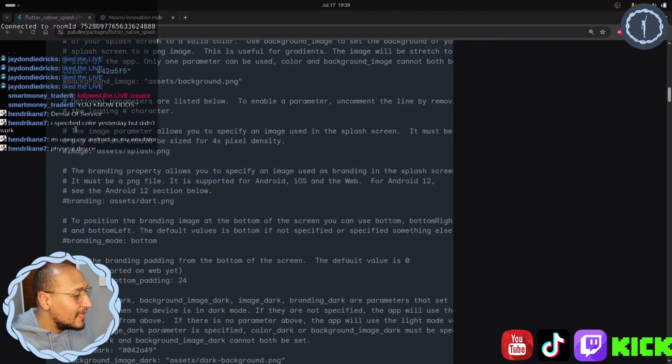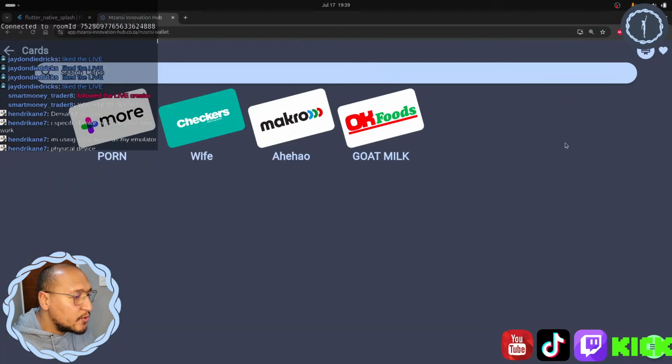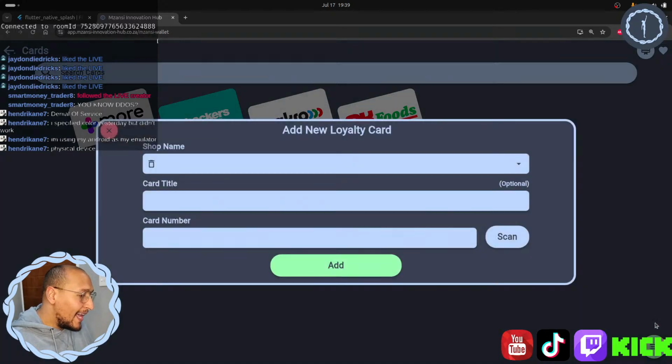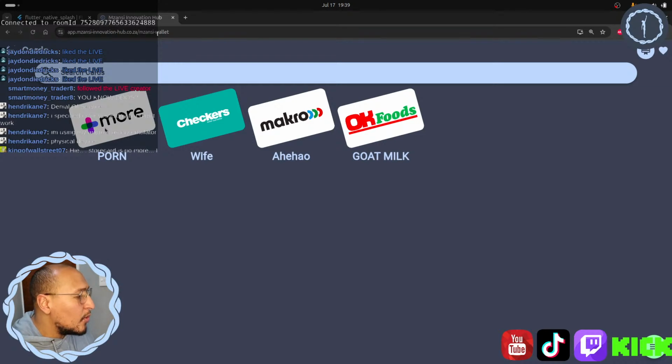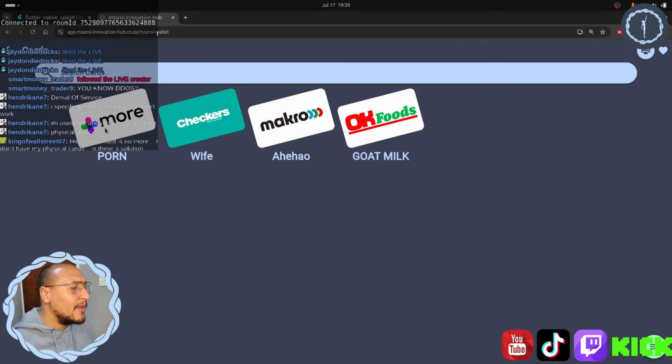Is Store Card not even opening up for you anymore? What a bad end of life service to you. I'm not sure how to help because there's no way to import cards other than to manually click on the menu button and click on add cards, right? That's the only way that you can do it with MIH at the moment. But I'm hearing your cries and we'll try and figure it out.